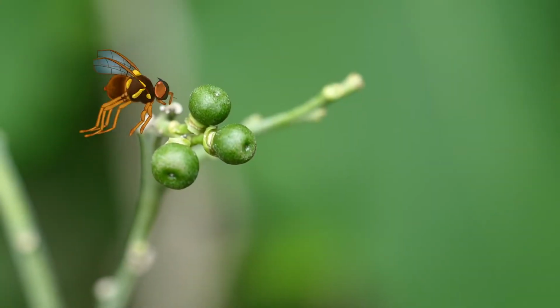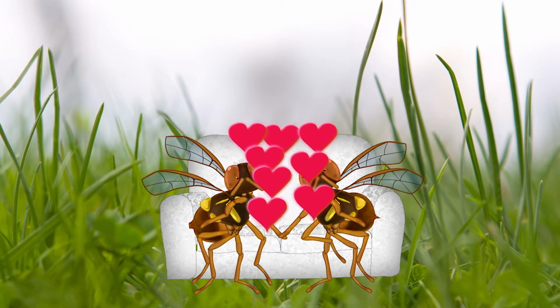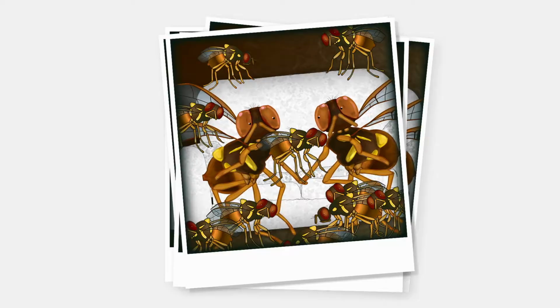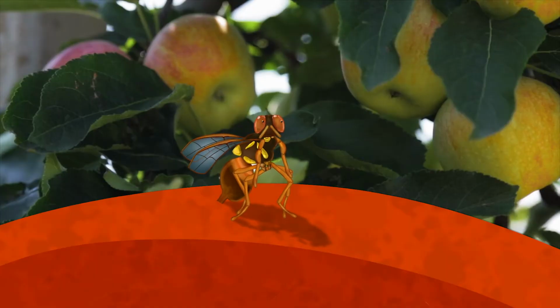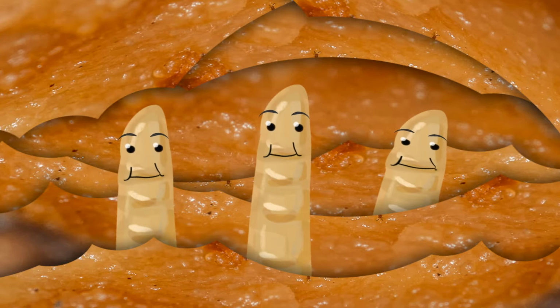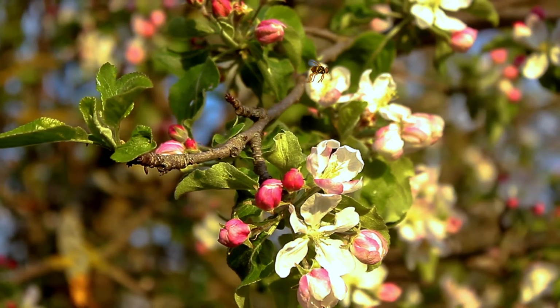What's Ernie up to today? I think Ernie's looking for some female company. Yeah! He wants to find a lady fly to settle down with and start a family. Then they'll find some fruit in your garden and lay their maggots in it. And once they've done that, you can kiss goodbye to all your hard work in the garden or on the farm. So if you want to stop Ernie from destroying your beautiful fruits, then you're going to need to take